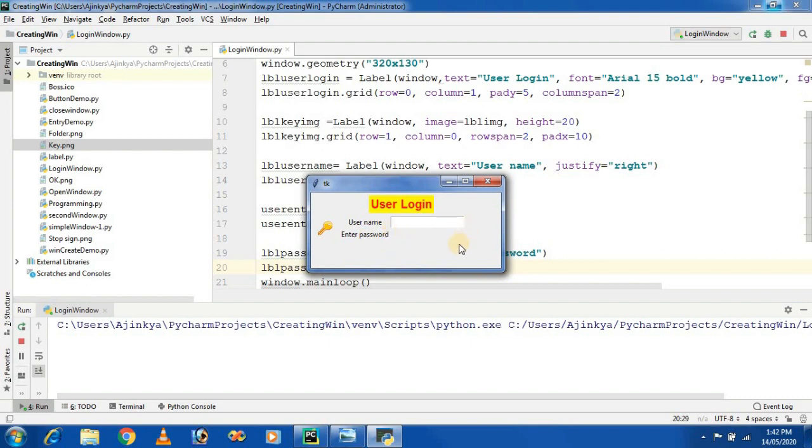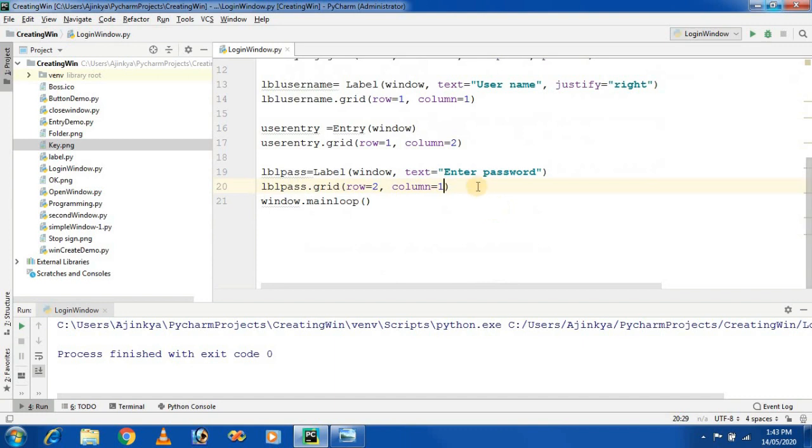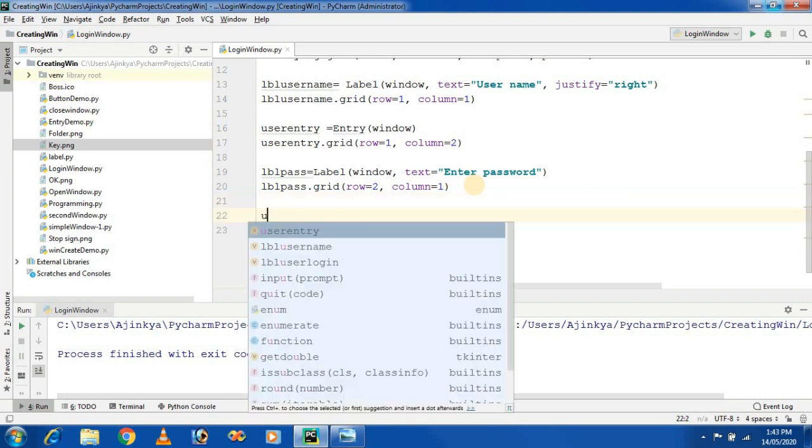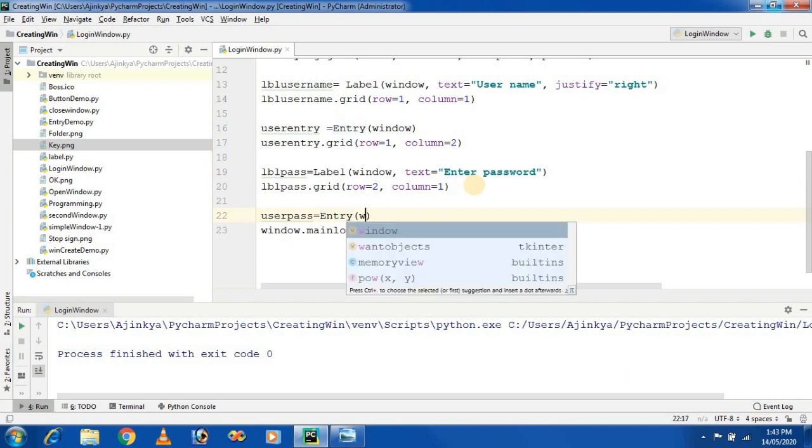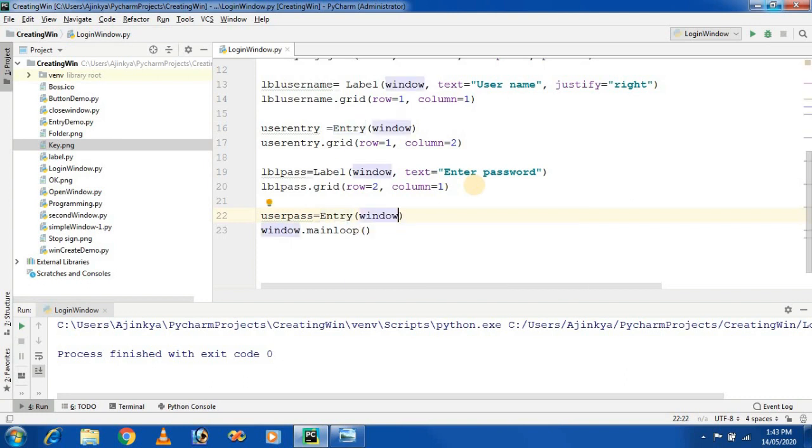So in front of this I am taking again an entry widget. User pass is equal to entry and it is placed on a window.